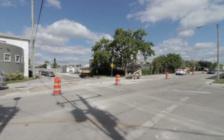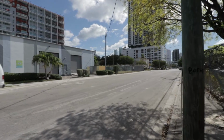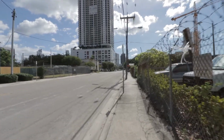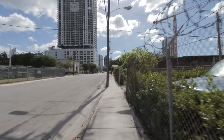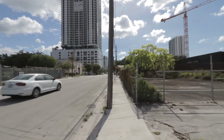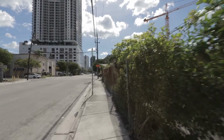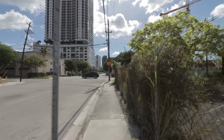So from this point forward, we will be walking all the way to North Miami Avenue since we can't go past the railroad tracks. There are a couple of streets that cross the railroad tracks, and we will make our way west as far as we can. A lot of the areas past there are the Overtown area, so you'll have a lot of residential, smaller apartment complexes. We're not going to go too much into that area since it's mostly residential, and this is to really show you what downtown Miami is like and the opportunities available for yourself, your families,